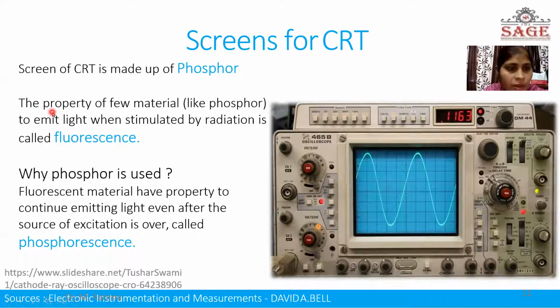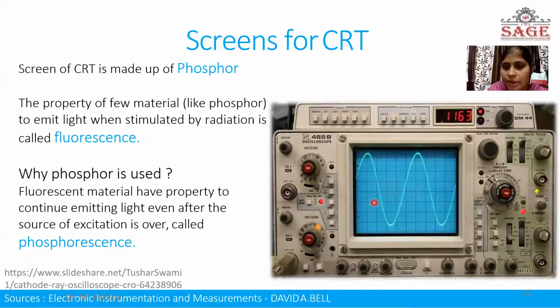This phosphor has the property of fluorescence. That is the property of the material to emit light when it is stimulated by radiation. This is called fluorescence. The fluorescent material is the phosphor, and it has the property to continue emitting light even after the source of the excitation is over. This is called the phosphorescence property. This property of phosphor is used for the screen of the CRO. So because of this, when the input is removed from the CRO, the CRO is going to display the waveform for